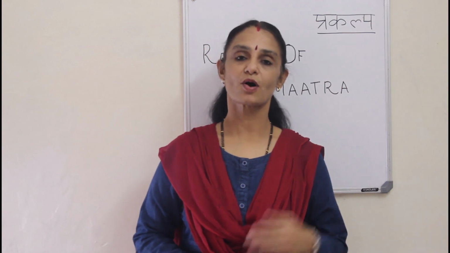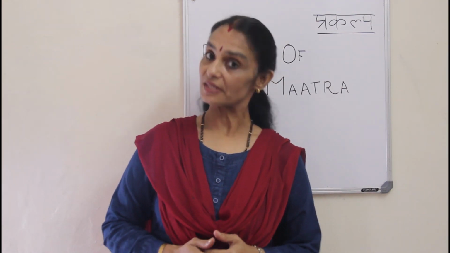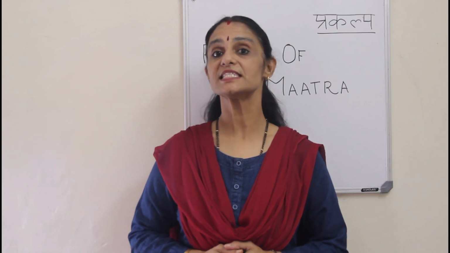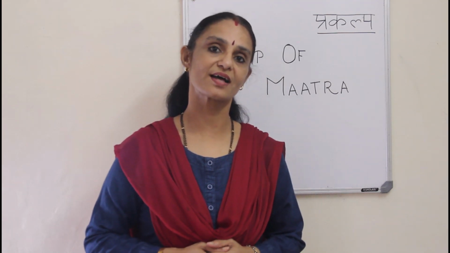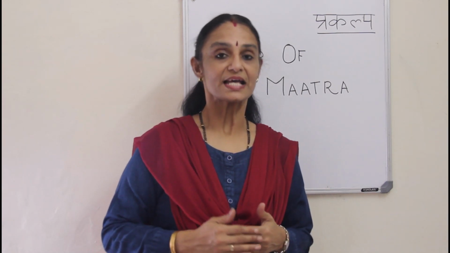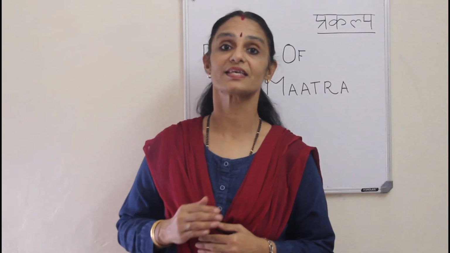We have been learning about swar, vyanjan, matras. We have learned that there are totally 11 swar and 33 vyanjan, out of which nga and nya do not have any matras attached to them because there is no word in the Hindi language which starts with these two vyanjan. So we have totally 31 vyanjan and 11 swar. That means 31 into 11, totally 341 ways of writing the vyanjan with their matra.